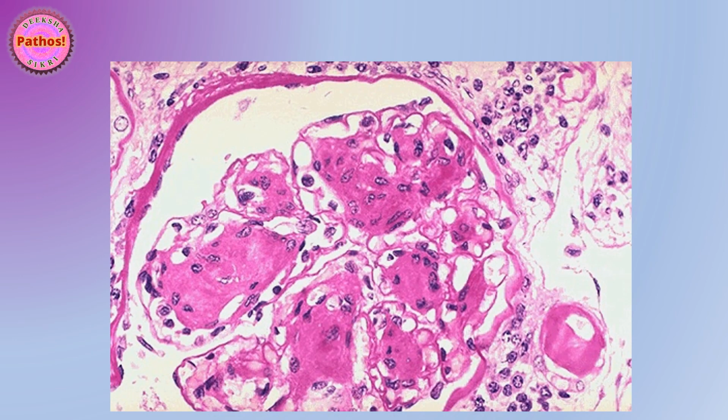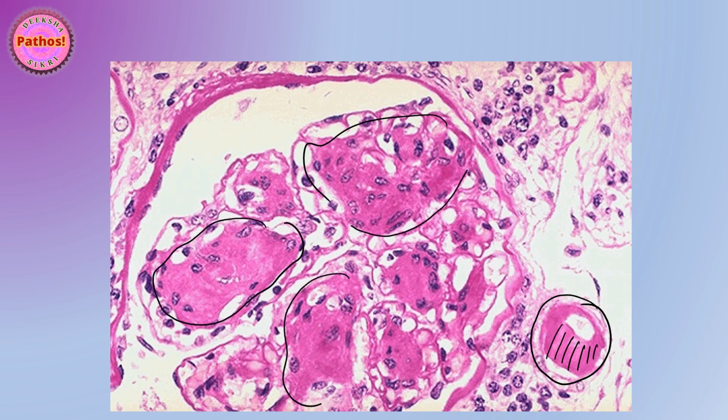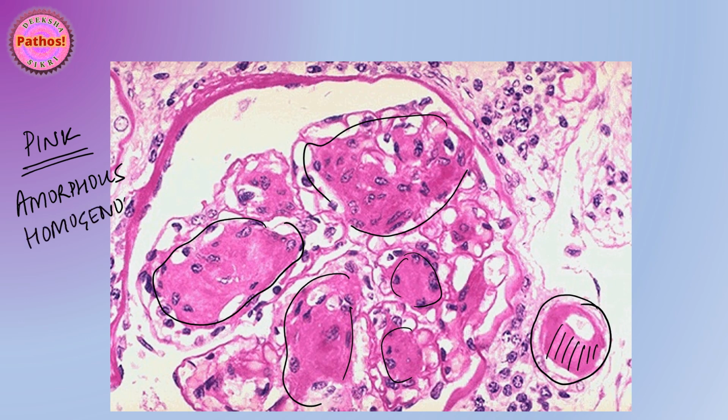Next, this is a renal biopsy, and again you can make out a blood vessel here which looks like there's a lot of deposition of something pink, and mesangium also seems to be arranged in nodules, which deposition of something pink. So anytime you have anything pink on histology, which can be of course intra or extracellular, and it appears amorphous and we have no idea just by looking what it's made of. It's fairly homogeneous and it is acellular. So this entire description is used for a morphological term called hyaline.